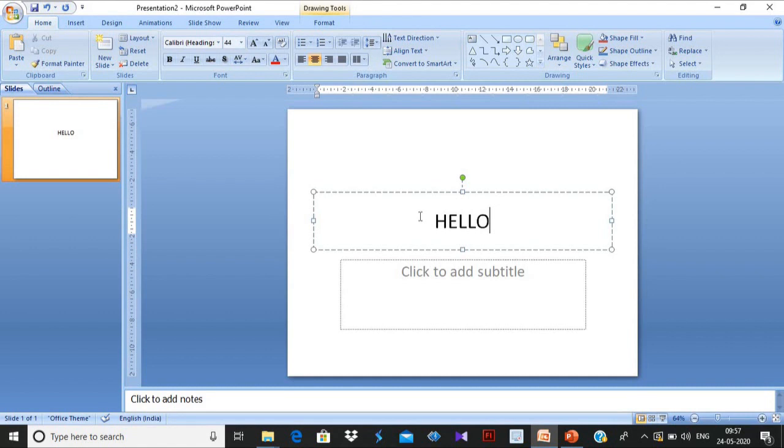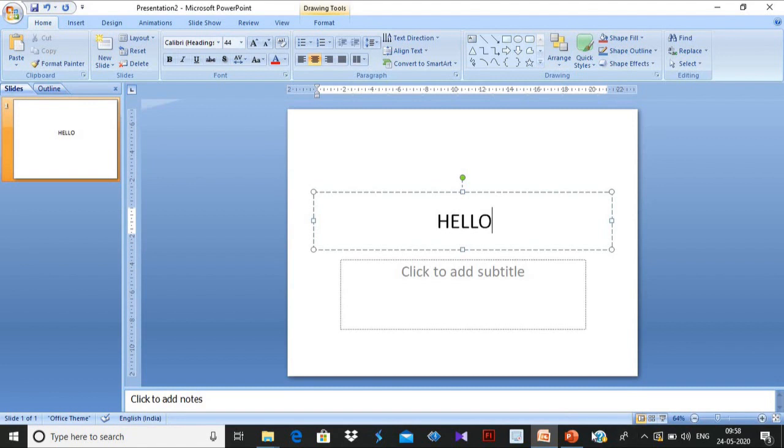Okay, now why are we applying animation? We apply it to focus on an object. Suppose I want to focus this object in front of the audience so that the audience will easily see it. If I focus on this object only, the audience will easily understand that I am focusing on this topic. Okay, now how to apply animation on an object, what do we have to do?